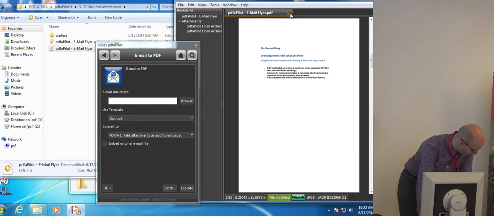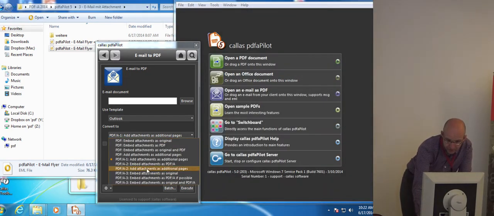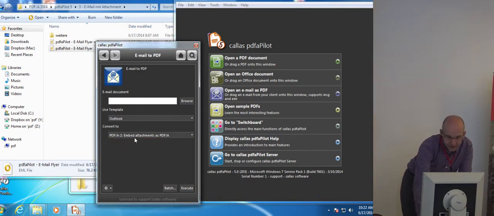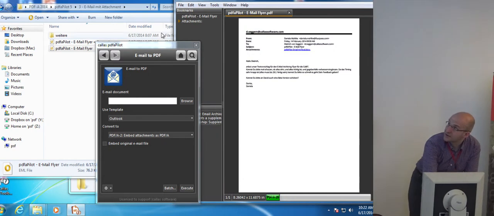We also have, of course, more possibilities depending on the standard. When you go to PDF A2, for example, the most comfortable way is to embed the attachments included in the email as separate PDFs, which makes much more sense. You can see here it's also converting a little bit.